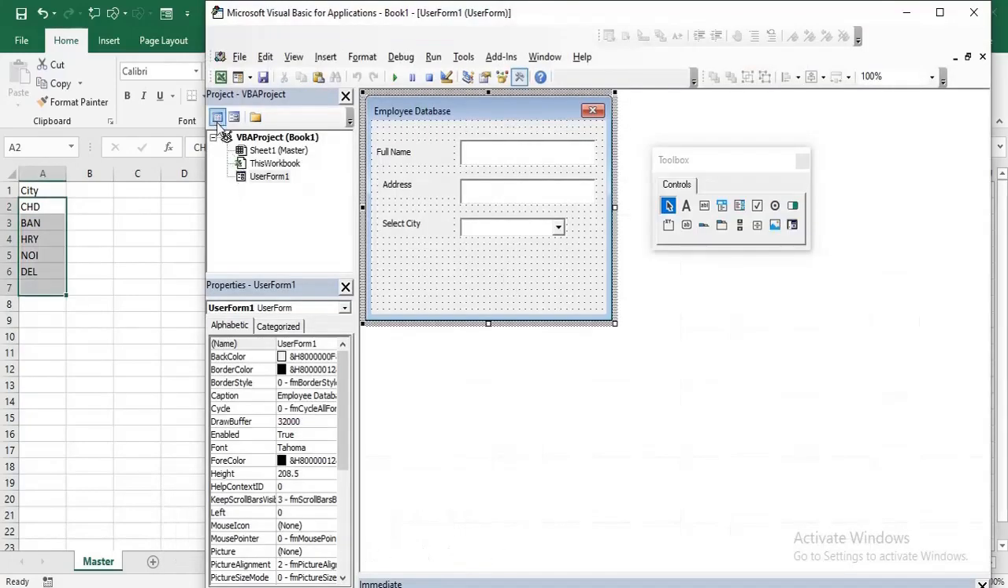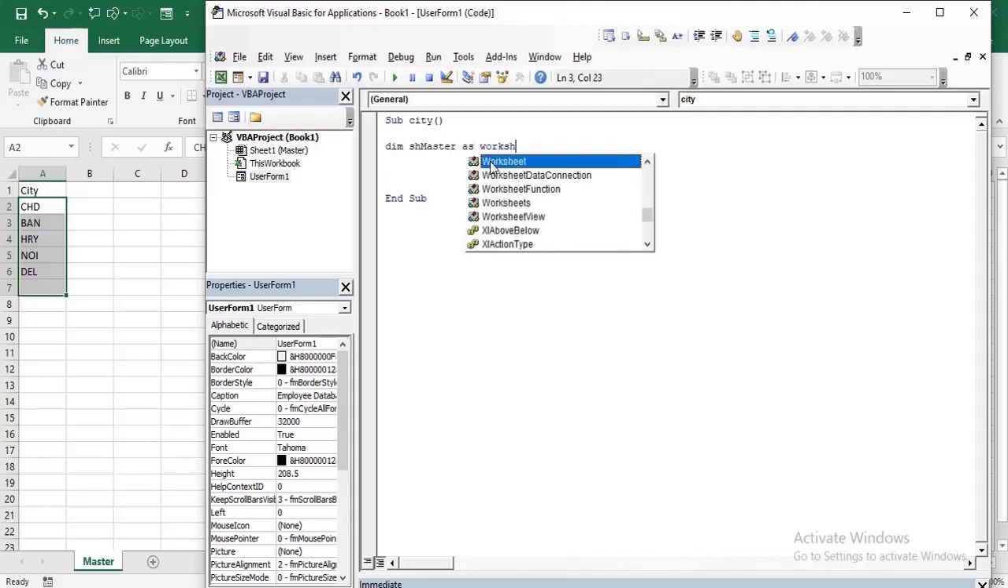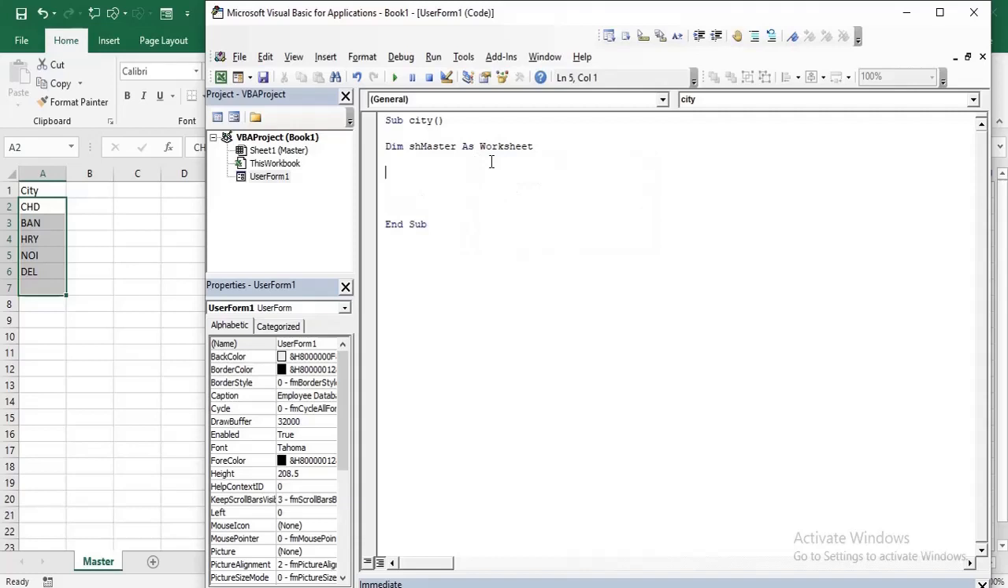Let's go back to our VBA window, and you see there is an option over here called view code. Once you click over here, this window will appear, and any macro for a user form I have to write in this window only. Okay, so I am writing a code named sub city. The name of the code is city. So let me declare the name of the sheet: dim sh master as worksheet, and set sh master equal to